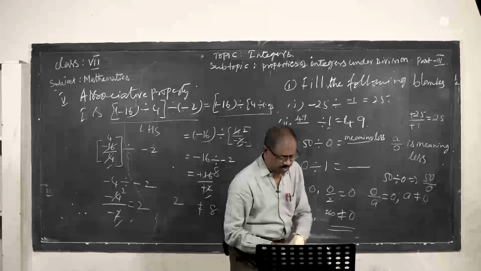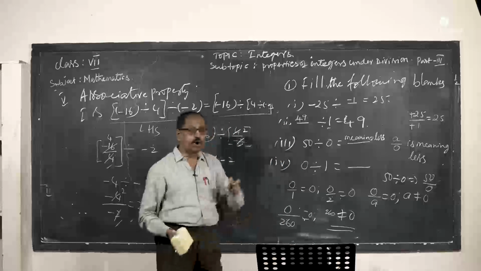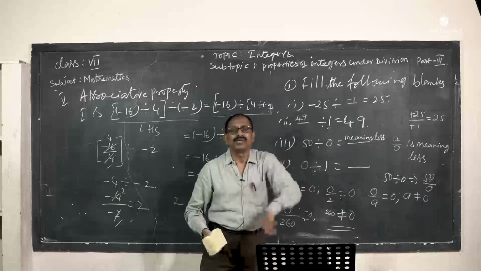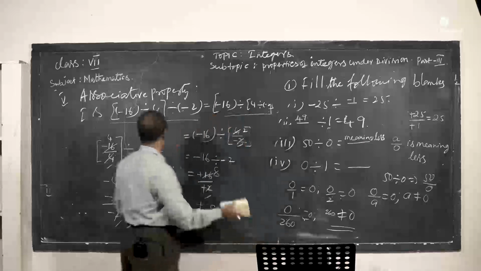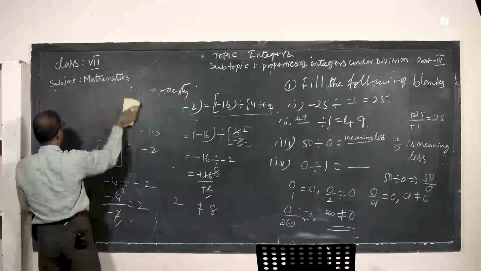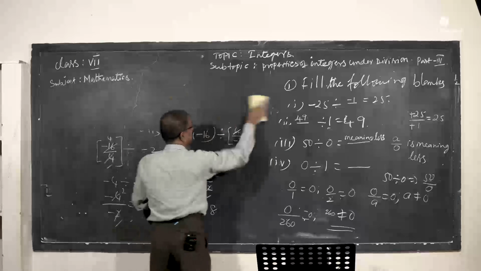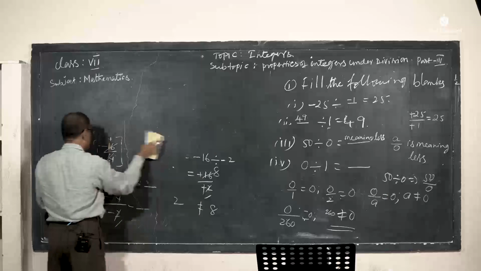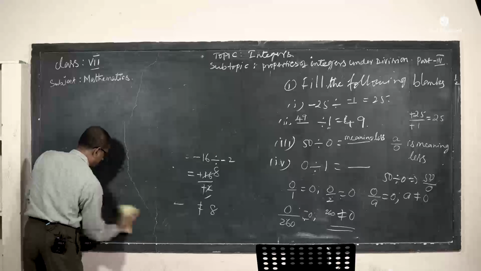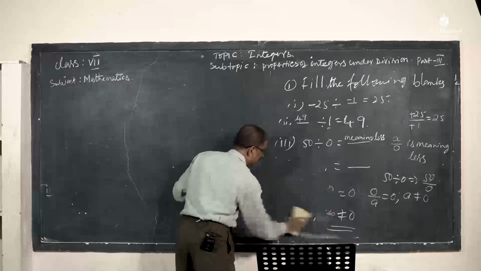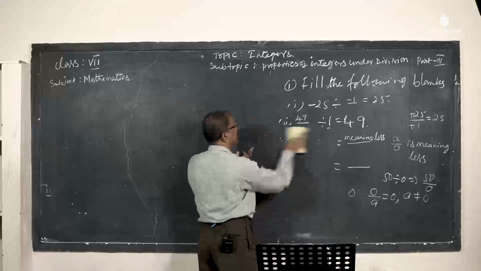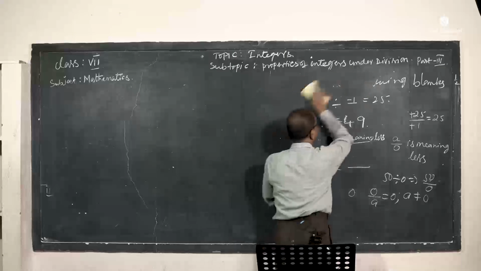So one more question is how to verify which property we are using while doing these simplifications. We are going to do that now. Some more questions. Adapting the different properties, distributive property or closure property or associative property, we'll check whether it holds good or not. While doing simplification, we see what property we are going to apply in a particular problem.